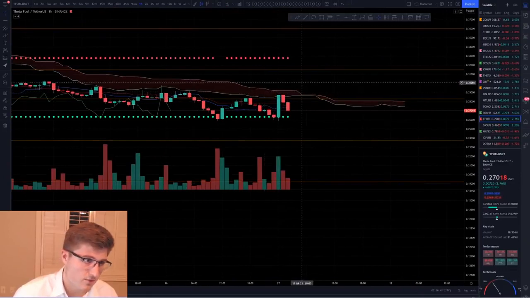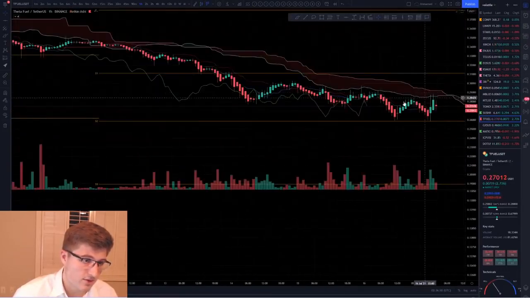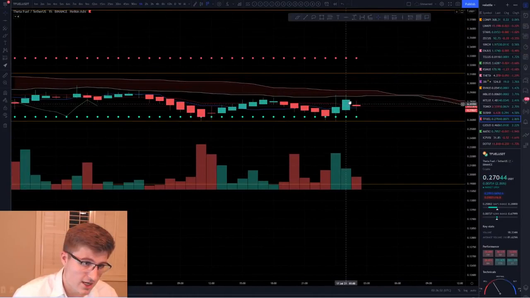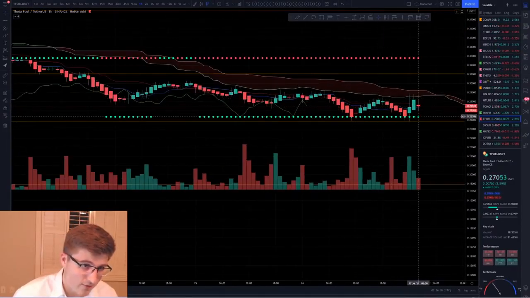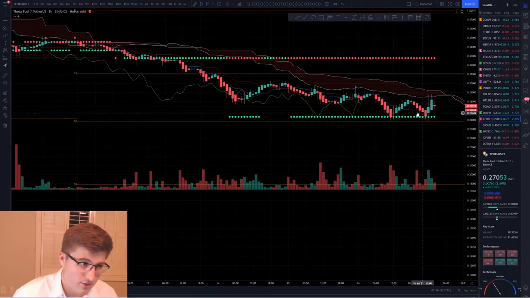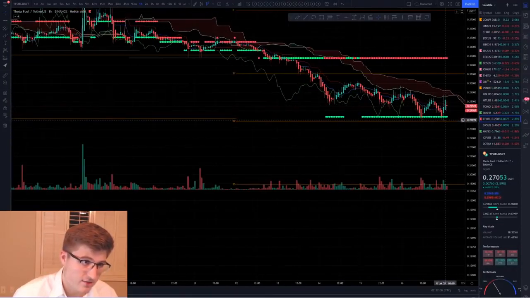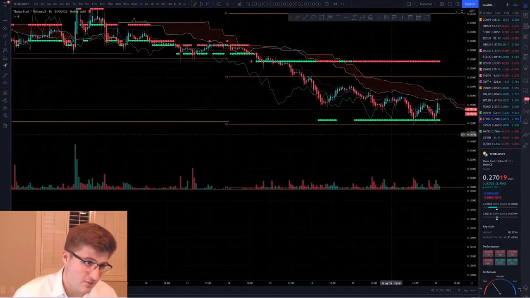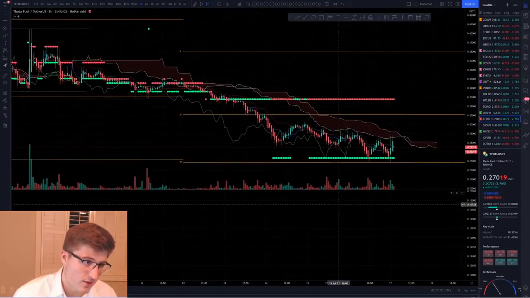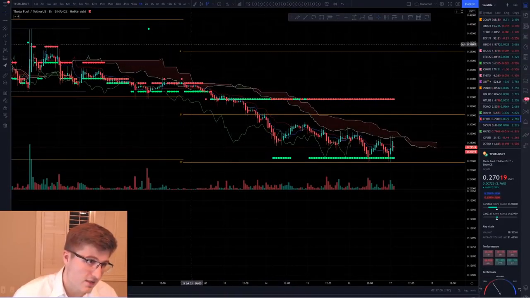Bounce off Ichimoku, downside. Let's go see what we're looking like. Doji candle, probably going to see some downside if Bitcoin makes a downside move. We're close to the support level. If we break through the support with enough momentum, which is a pivotal point. This is our S2 level. Or not pivotal point, this is point of control. This is S1, this is S2, S3, S4. There's support levels. This is the point of control.